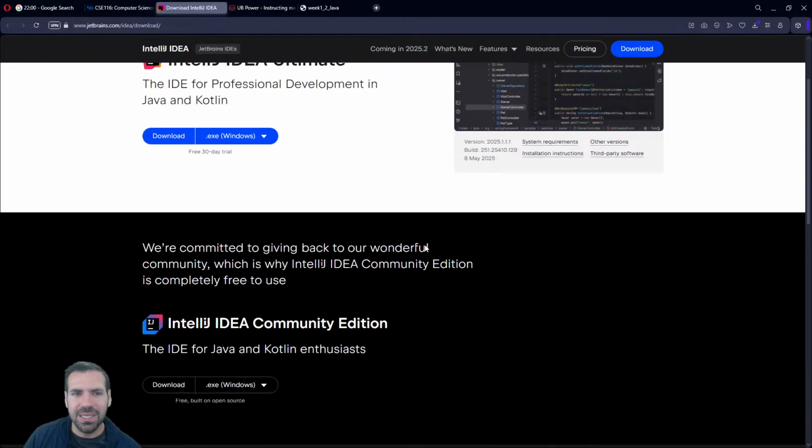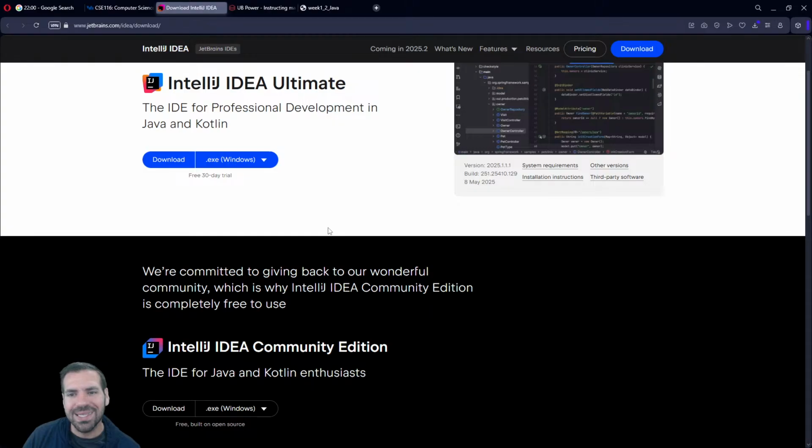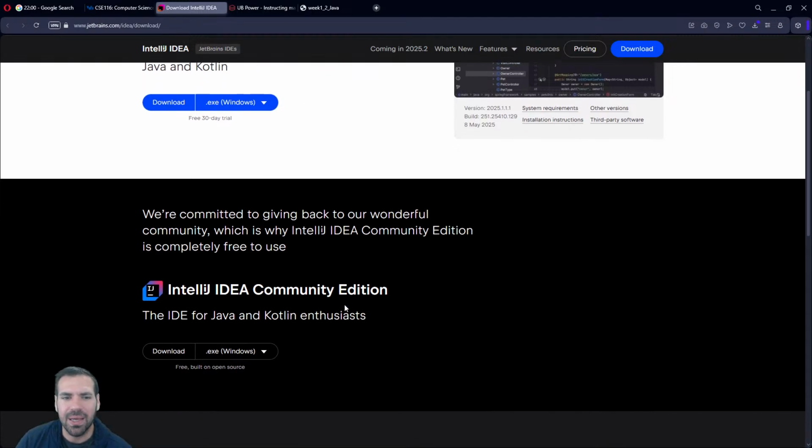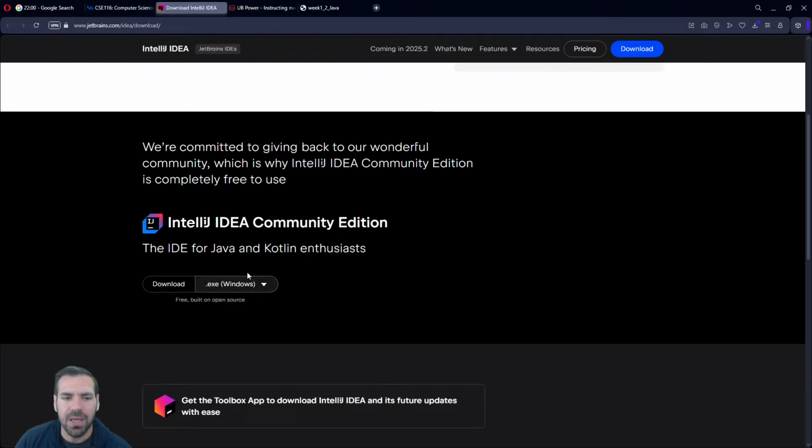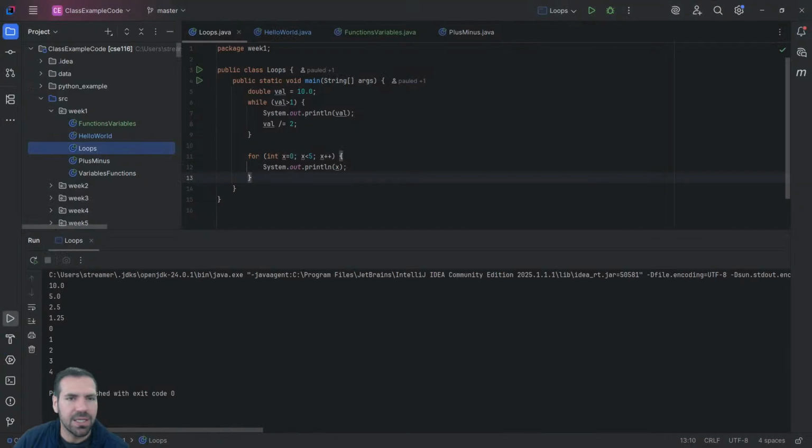There's no reason to use the Ultimate for 116 specifically, but if you already have Ultimate set up, then as you continue to work on side projects and other courses, you'll have all the features of Ultimate already there. But the Community Edition will do everything you need it to do. So once you have IntelliJ installed,